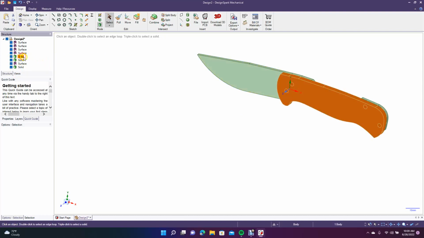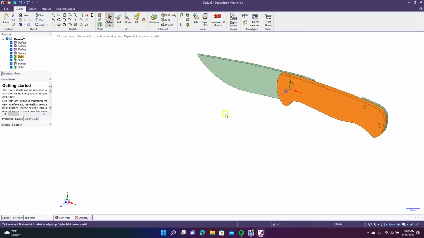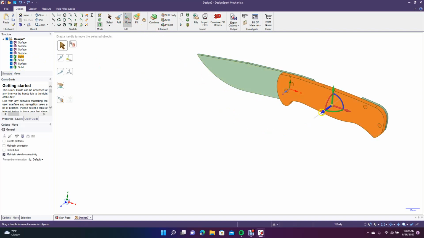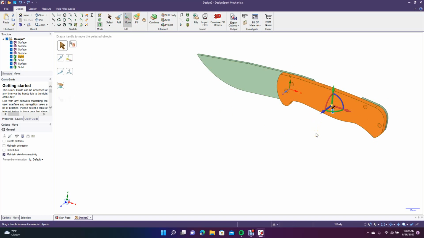Actually, click on that. We're going to do Control C, Control V. Now you're going to go to Move. Got another solid. You're going to move this. Uh-oh. Let's undo that. Did I get two solids there? Yeah, let's go to Move. Let's click on that blue and move. I don't think I copied it. Let's go back here. Control C, Control V. Click the blue. Drag this over